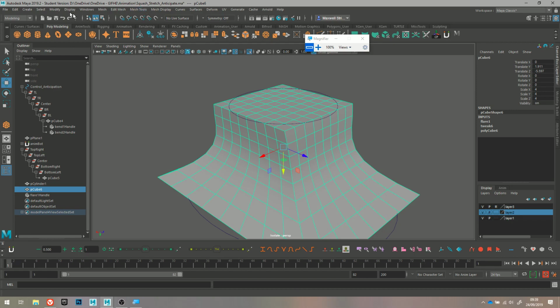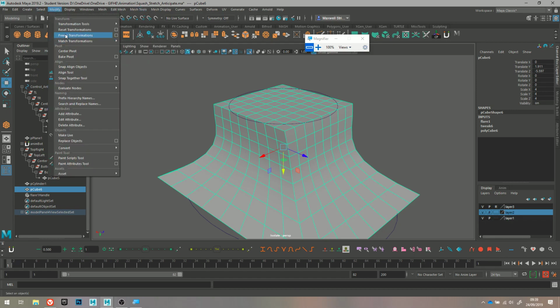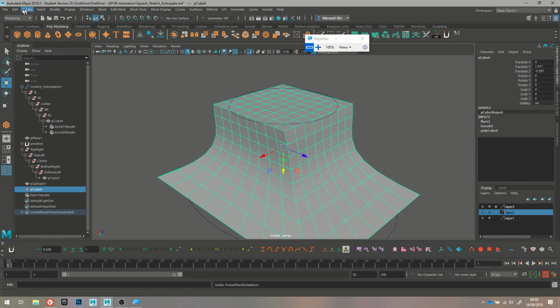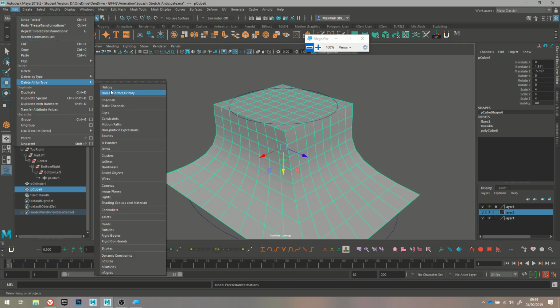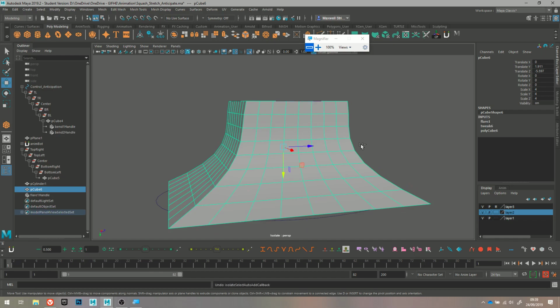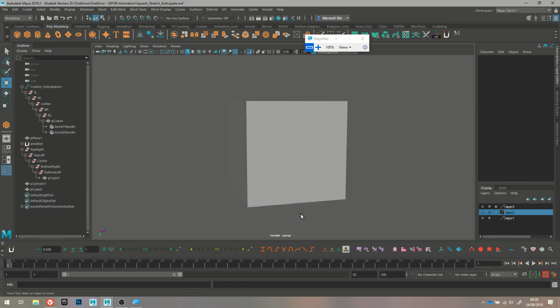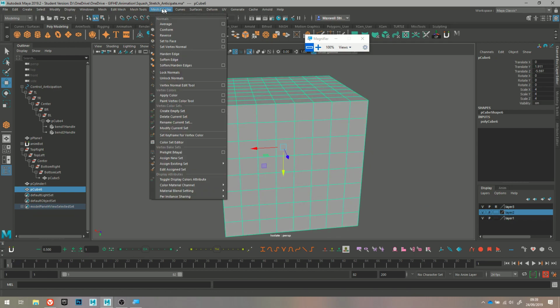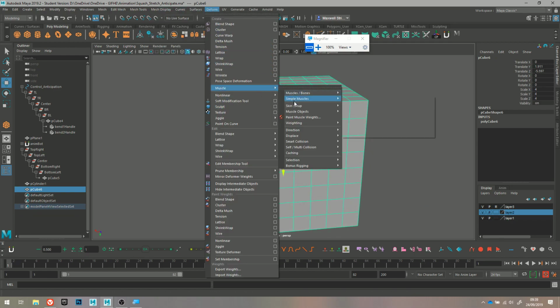If you decide you wanted to actually make this a proper model, you can go to Modify, Freeze Transforms, then Edit, Delete All by Type, History, and it's just a random model now. All right, so let's get rid of that deformer. You've got other ones, so let's have a look at